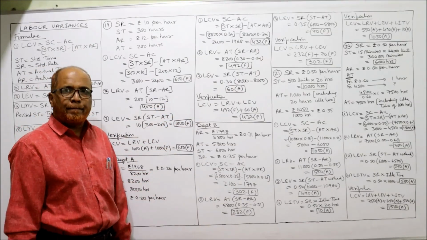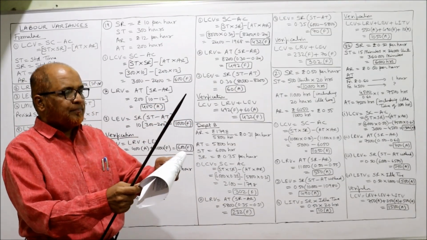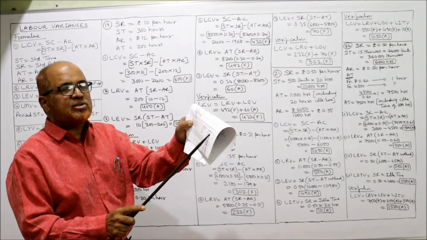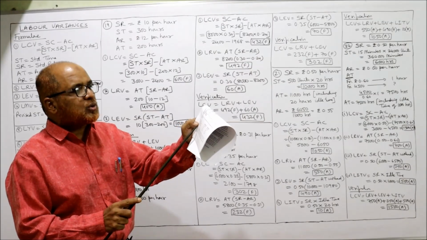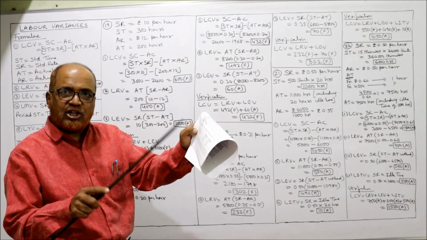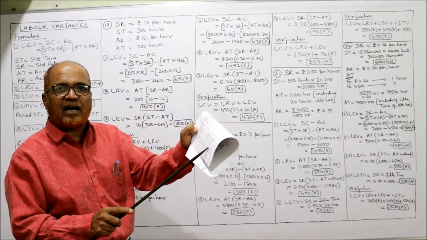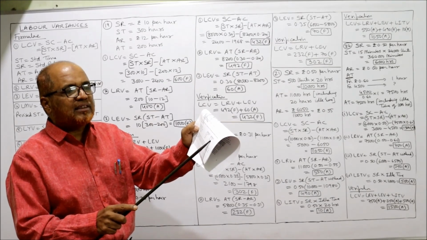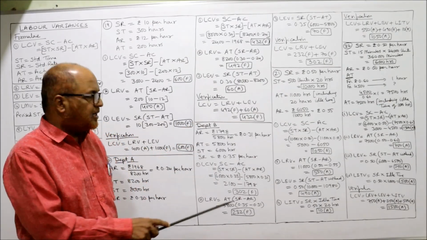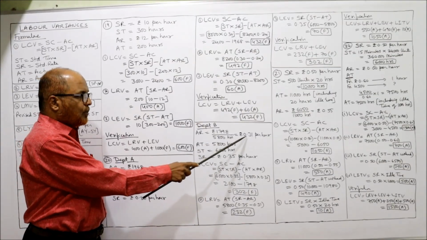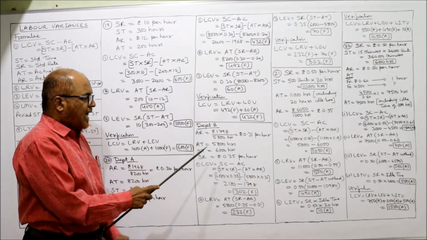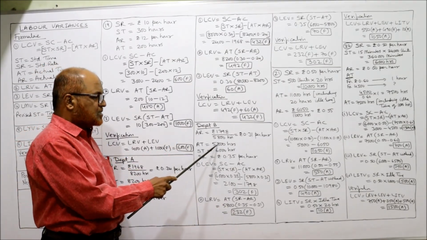Similarly for department B. Department B you can see actual gross wages. The actual gross wages are 1798 and actual hours worked is 5800. The workers have actually worked for 5800 hours and actual wages paid 1798. So 1798 by 5800, you get 0.31 per hour. This is the actual rate. And actual time is 5800 hours.